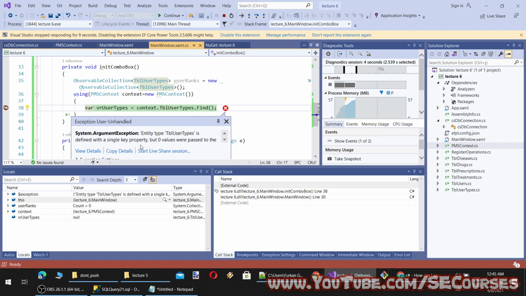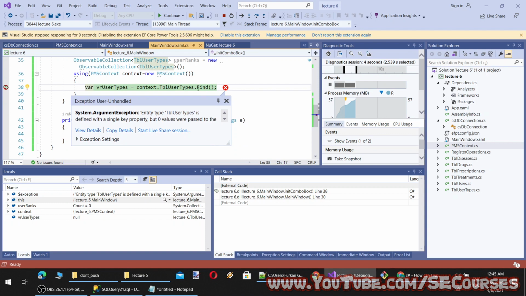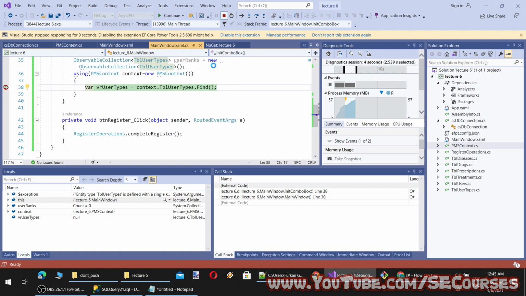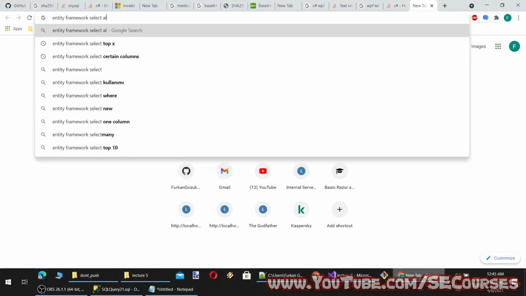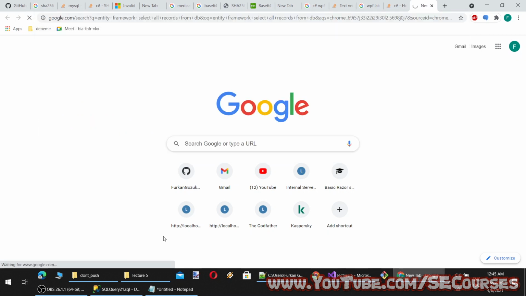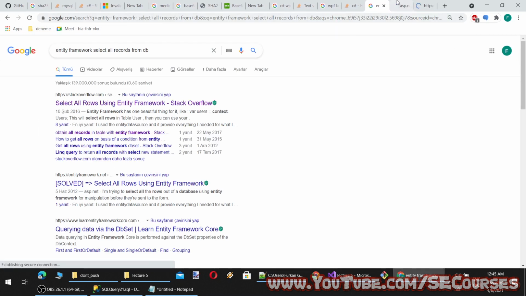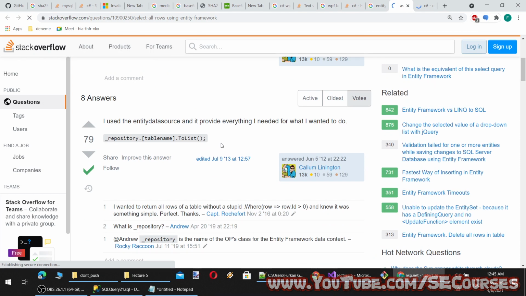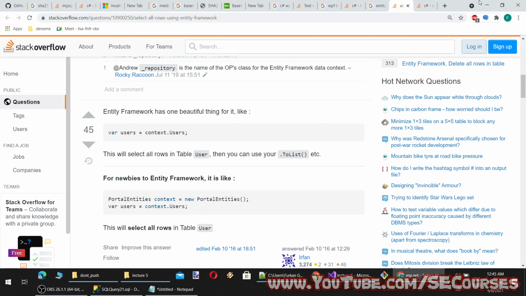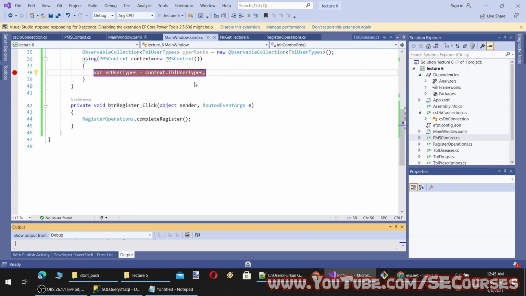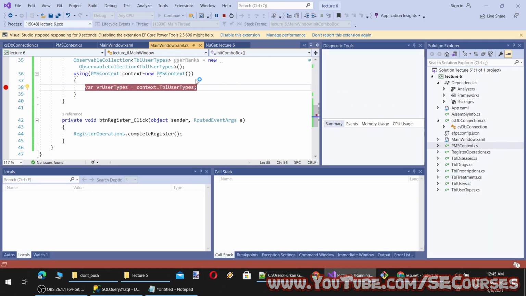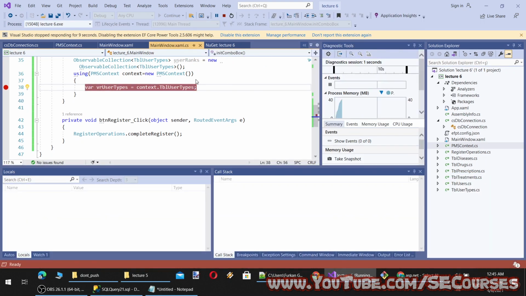Okay, so it says... okay, so the find didn't bring everything. Okay, it was just like this. We don't need find. Find is used for, I think, doing where queries. So it is about filtering the number of rows returned.